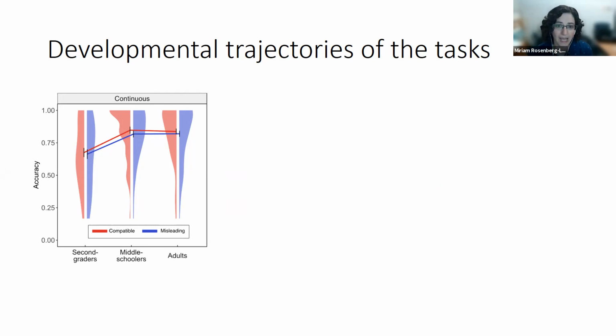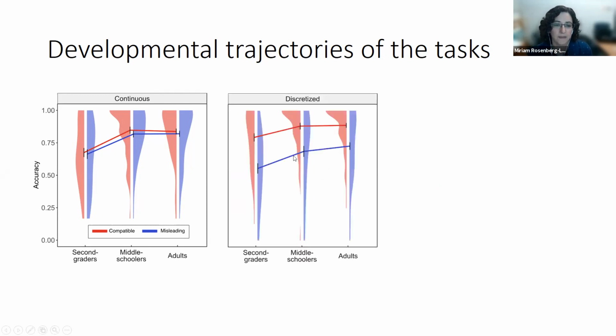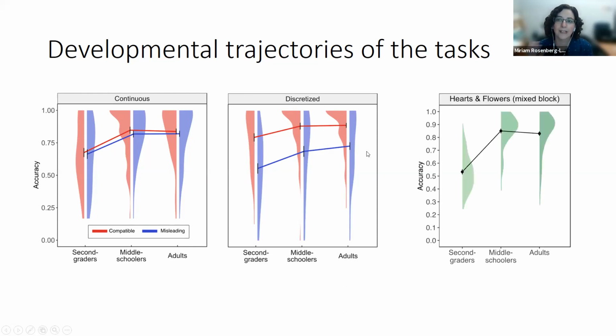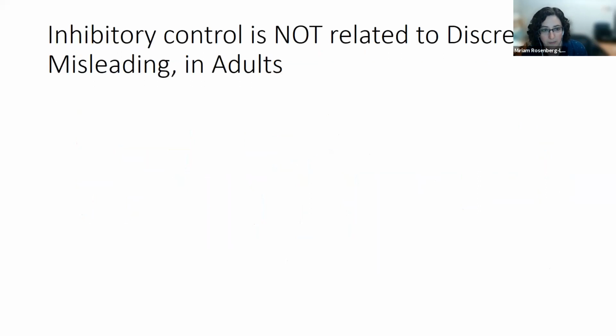But a similar pattern continues when we look at the discretized stimuli: again, there's strong improvement to middle school, and then adults are pretty flat, although there may be some continued improvement on the challenging, misleading stimuli. In terms of our executive function, we again see that the adults are not actually doing much better, although the median may be higher and there may be more stragglers on this side. So we have very similar task performance between the middle schoolers and the adults. Now we can ask, how do these constructs, continuous and discrete and executive function, relate to each other in these time ranges?